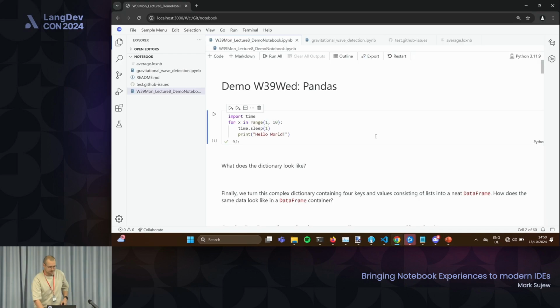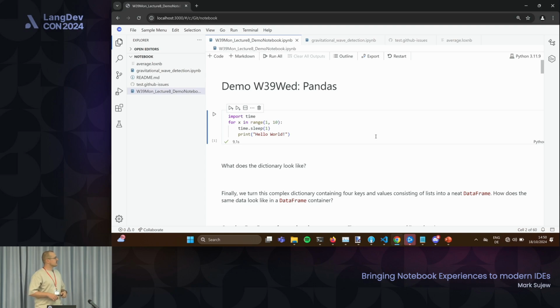Okay, perfect. All right, so that's a notebook running in Theia. If you've ever seen a notebook running in VS Code, it looks very similar. That's because we just took the same UI eventually. So we kind of copied it, so to speak. We didn't necessarily take the same code. It's its own implementation, but we took a lot of effort to make it look like it was VS Code. Anyway,